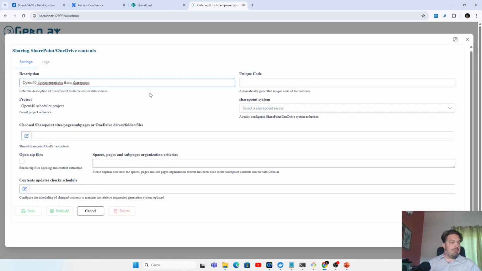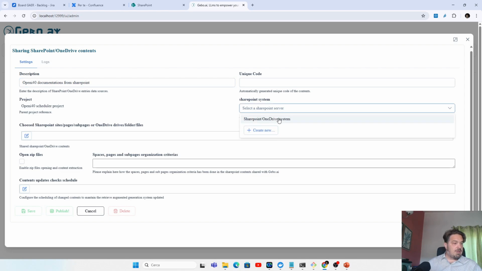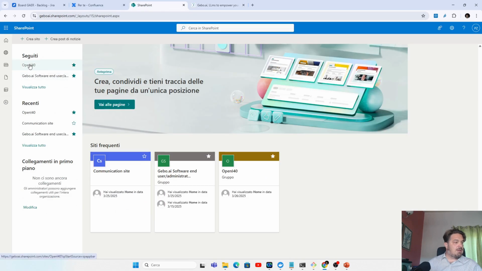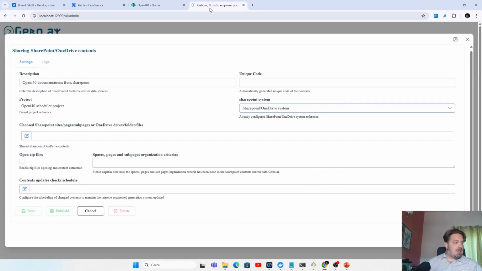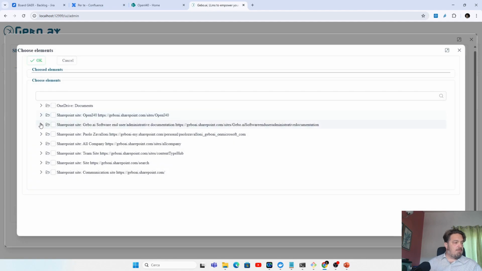Okay, OpenI40 documentation from SharePoint. I choose the SharePoint system. And here you can see my SharePoint section with OpenI40 software and documents, and also with other documents. And here I will choose OpenI40.